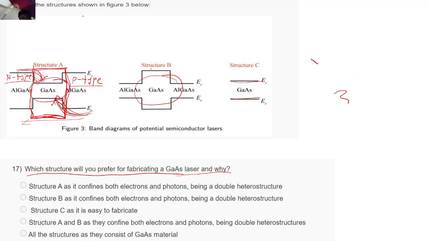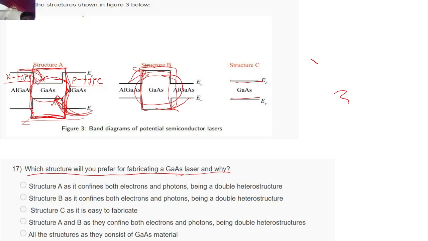Yeah. So if you look at the structure number B, right? For the electrons, there is actually a barrier that is present, and for the holes also there is a barrier. My job of the cavity was to trap electrons and holes, but it is looking like this structure number B is pushing away the electrons and holes. It will not allow the electrons to go into this cavity that you can see in structure B, right? So structure number A is the valid cavity, and this is the main reason why we use it, right? As both of you had given me correct answers.